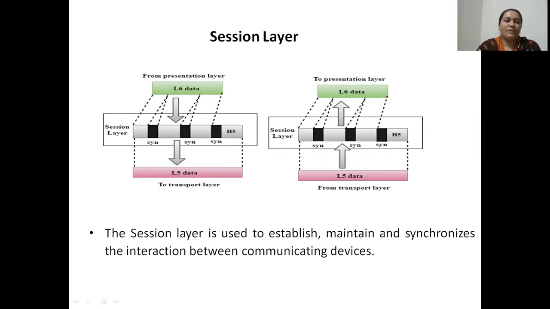So if you observe in this picture, the session layer takes the data from the presentation layer and it will add its own header and also synchronization bits. The header information is useful for handshake signal establishment between the session layer of the sender side and the receiver side. The synchronization bits are nothing but the checkpoints which are inserted between the information so that during communication, if a connection disruption happens